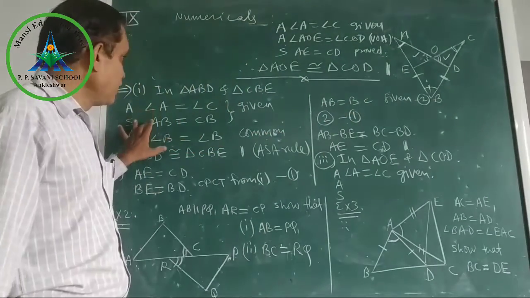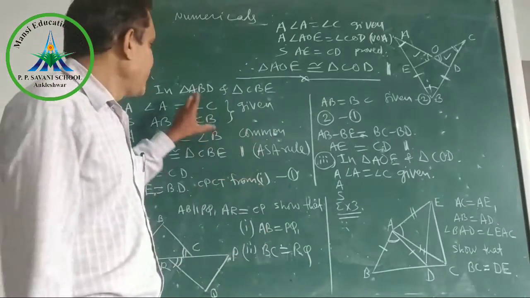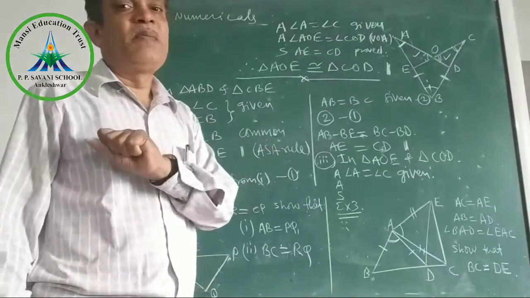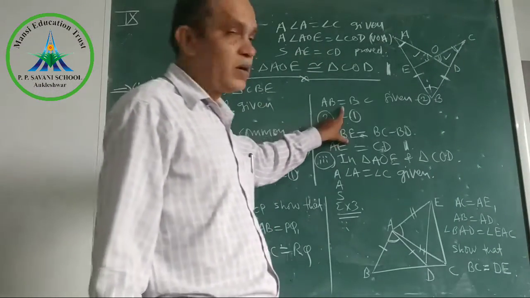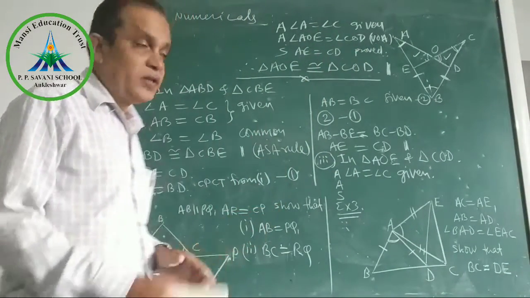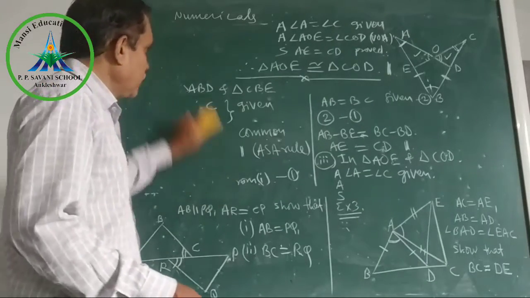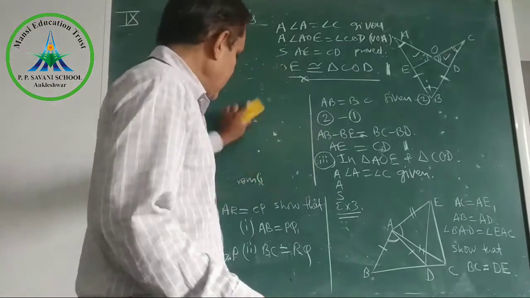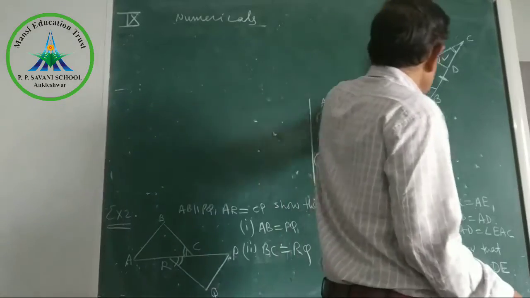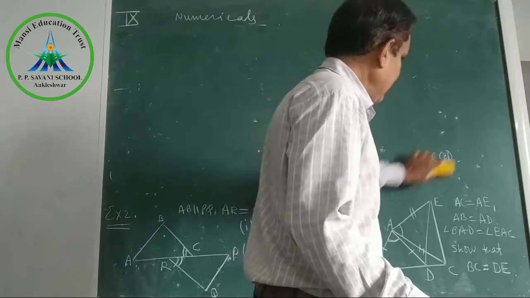See, from this you understood that if I am able to read the example, I am able to write what is given, and if I am able to see what rule is visible, we can prove it easily. So these types of examples are coming for 3 marks. Remember it. 1 mark first part, second part 1 mark, third part 1 mark. Okay students, see, now let us take second example. Very simple now. Those who concentrated in first example will say themselves, yes, I can do. Yes, you can solve.